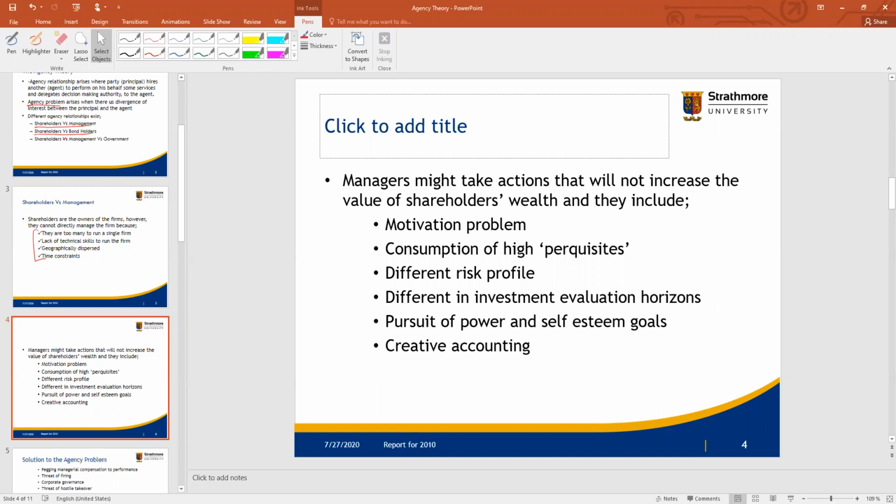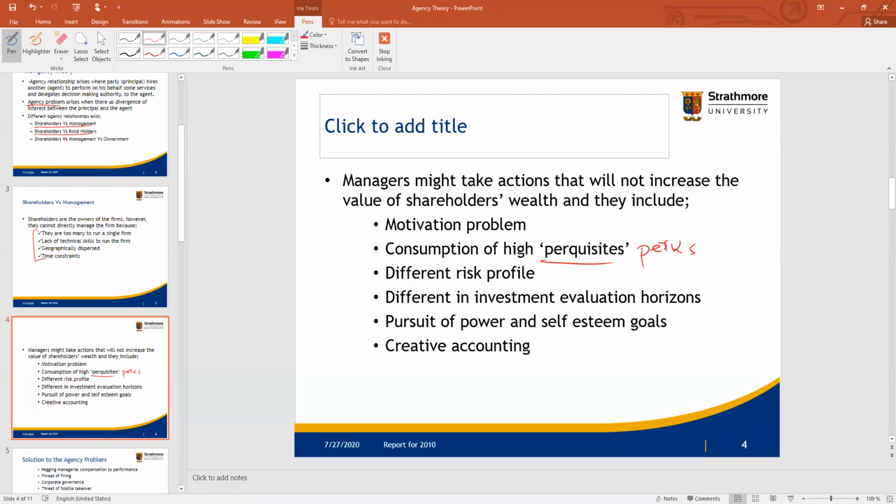Then you have the consumption of high perquisites. Perquisite is like the pay, the general term for the pay, or it is referred to as the perks. What do the managers take home? Now, for example, the problem when it comes to the consumption of high salaries, consumption of high bonuses,